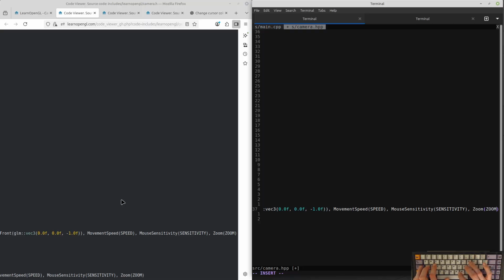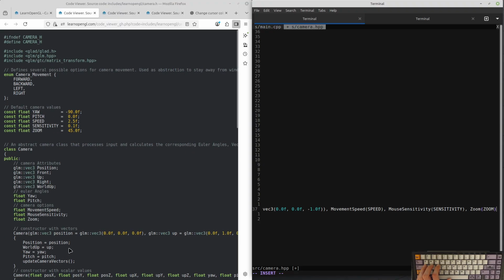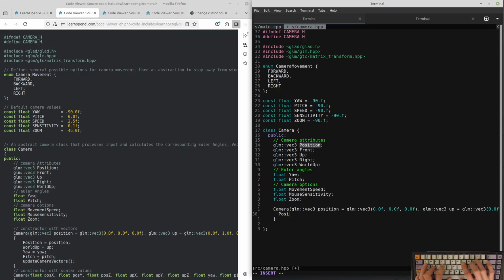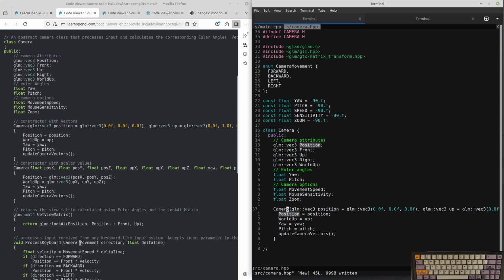Zoom. What is this, dude? What even is this syntax right now? Dude, this is rubbing me the wrong way. I am not a fan of this. Constructor with vectors. What? This is like laying out what the constructor expects? I don't know if I've ever seen the syntax.